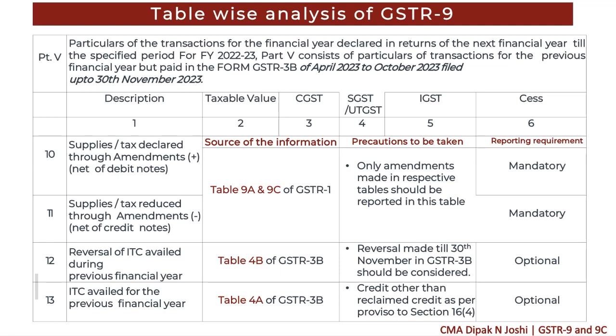Table 13 is again an extended version of your table 8C. In table 8C, we are just allowed to provide the information in respect of credit which is B2B. In table 13, we are providing information of ITC which is availed for the previous financial year, which